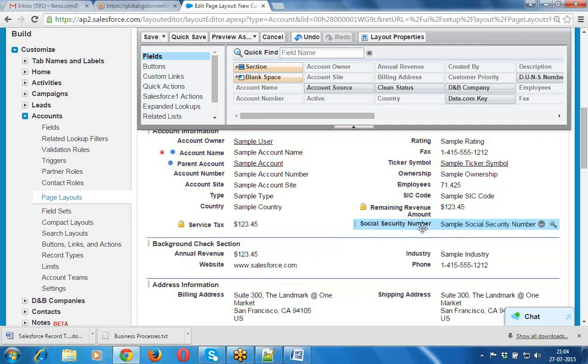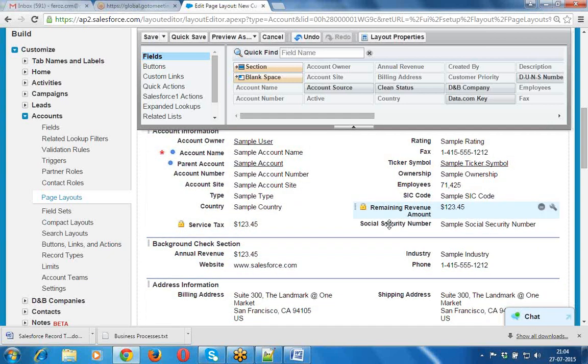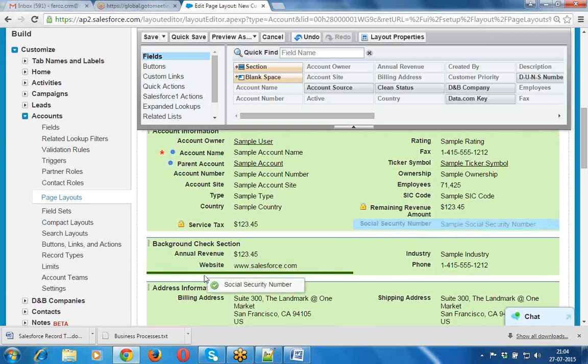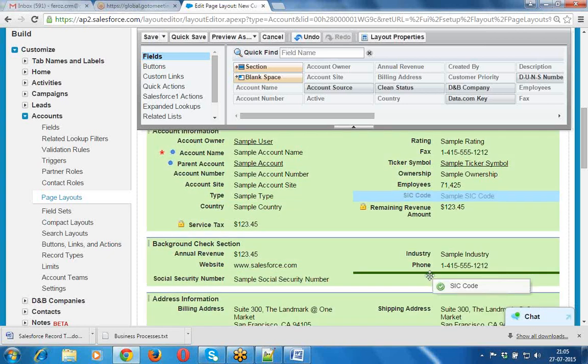Now I want to check that social security number also here. And the SIC code I am placing it here.